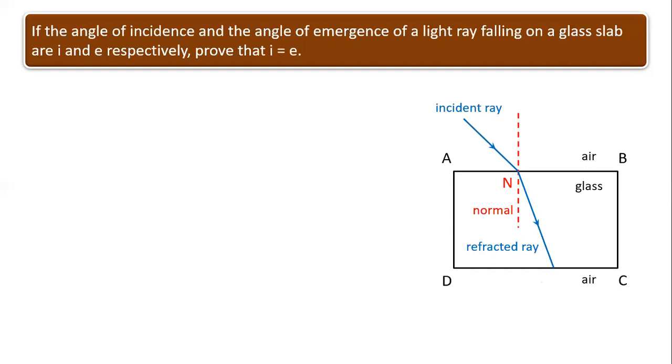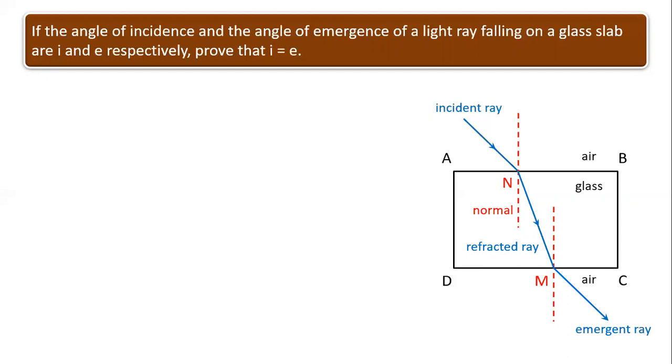Again, that point of incidence is point M. I draw a perpendicular again. So again, it is called the normal. Now this time, if you see properly, the light ray is traveling from glass to air. So that means a denser medium to a rarer medium, which means this ray of light will bend away from the normal. And here we get the emergent ray.